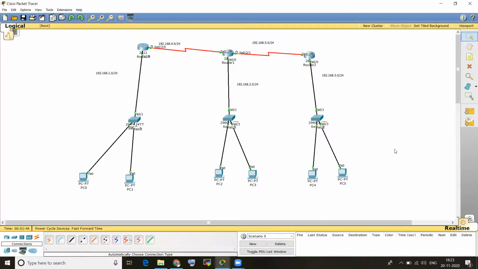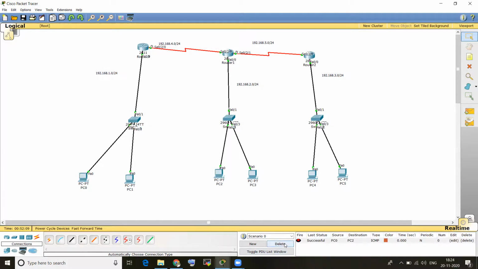Now we will send the packets. It should communicate from the first PC to the last PC. Only if it communicates is our routing information protocol, that is RIP, confirmed. So I'm trying to send packets now. Click on packets from first PC to third PC.